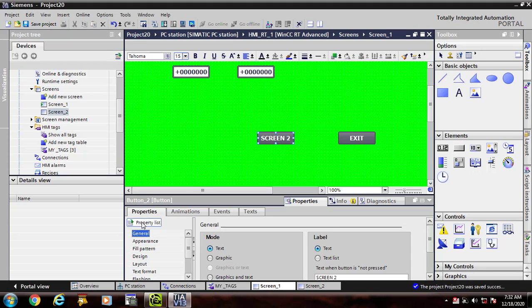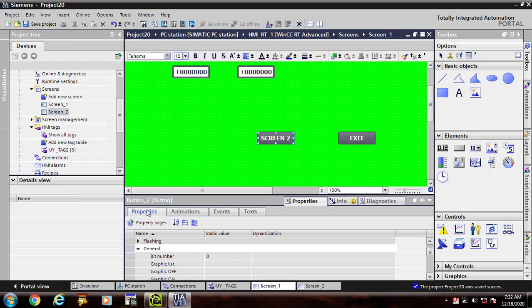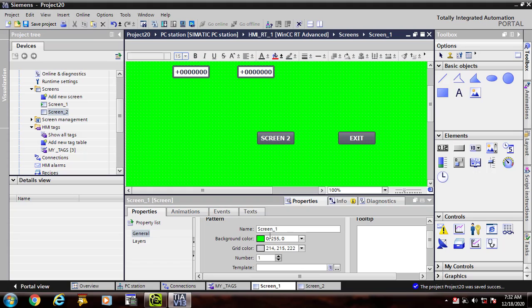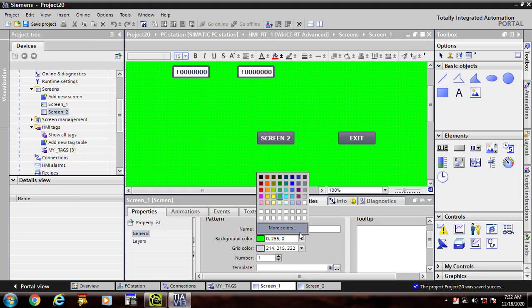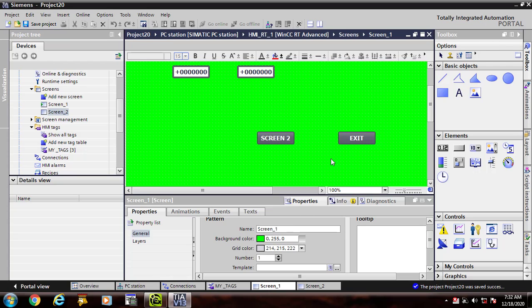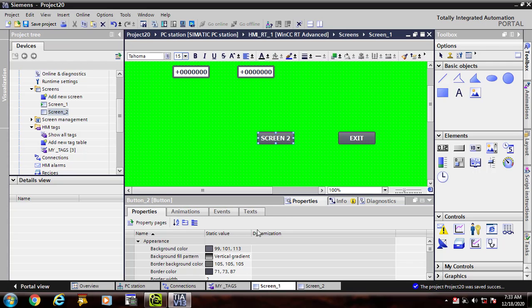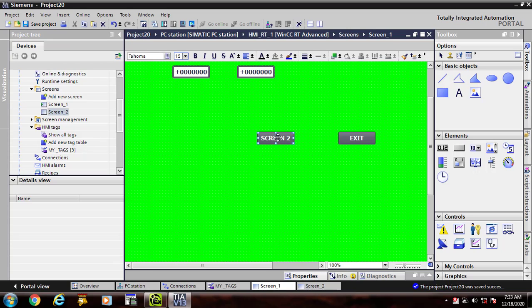Go to properties, click on it first. I want to change its color, so its color will be changed when you select its properties.